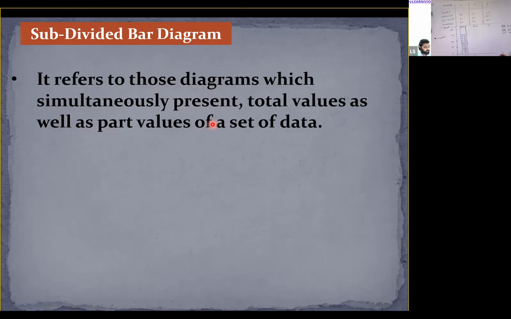First of all, we will present the marks scored in economics. So marks scored in economics is 60. So 60 will be somewhere here. Let's assume that this indicates 60. Then he has scored 50 in accounts. So we will add 50 and 60. So 60 plus 50, it will be 110. So now we will extend this bar till 110. 110 will lie somewhere here. So this is 100. Let's extend this bar diagram till 110.